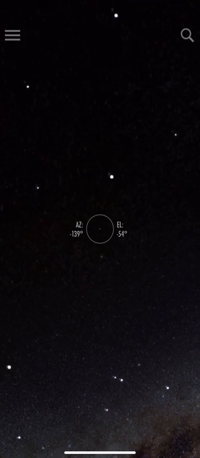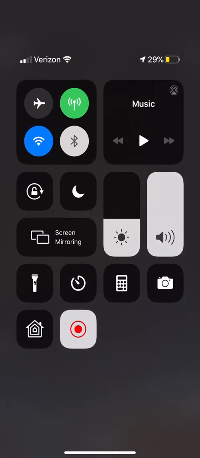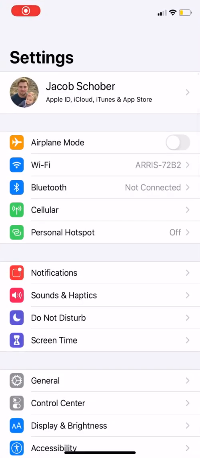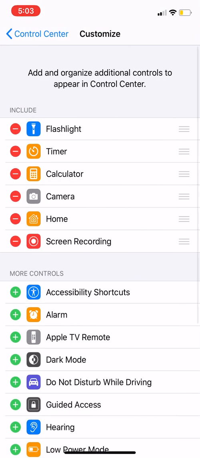of your phone. Now, if you're not sure how to do a screen recording, if you have an iPhone, it's really simple. Okay, you see this flashing red button. That's telling you that I am running a screen recording right now. How do you get that red button to show up? You get that red button to show up by going into your settings, and under settings, go into Control Center, hit Customize Controls,